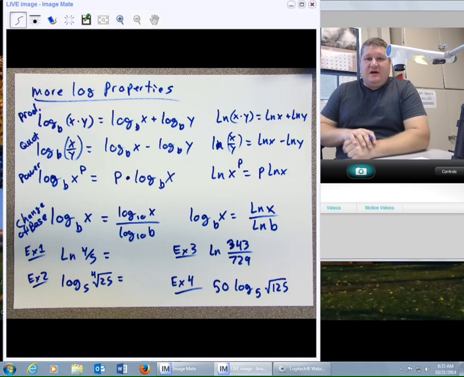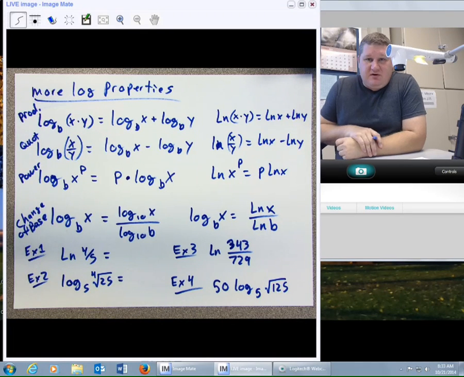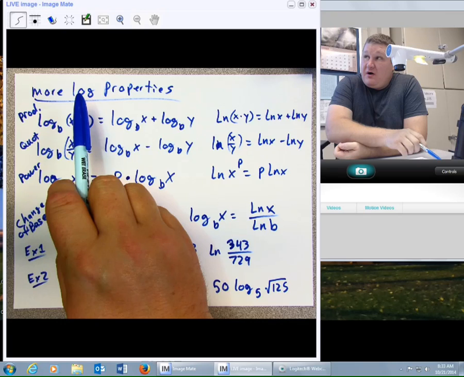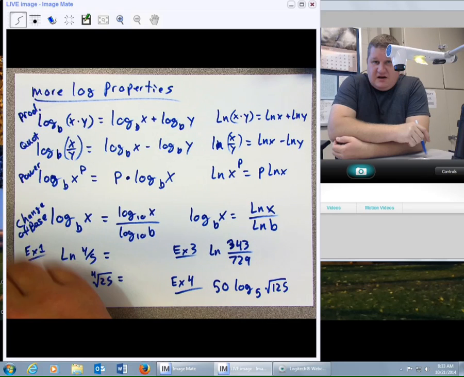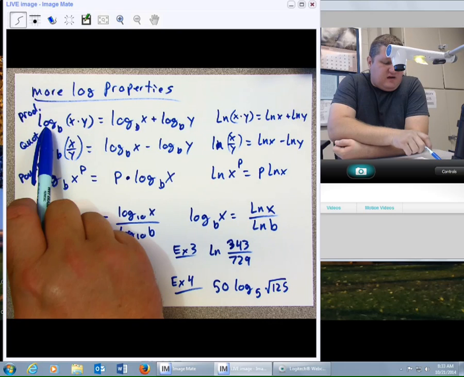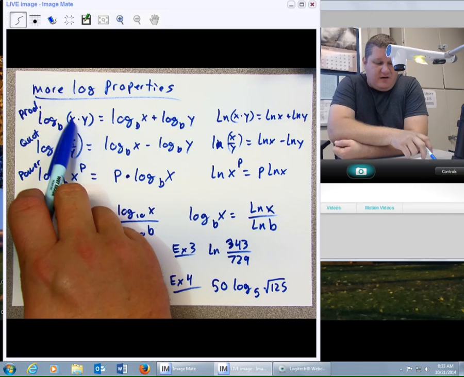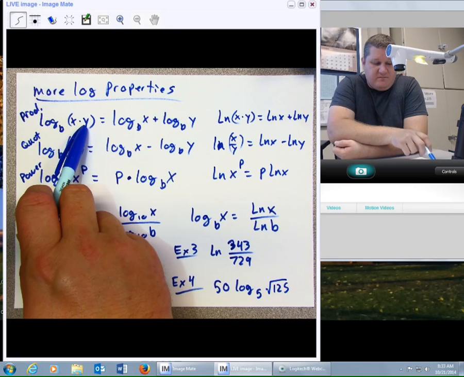Okay, ladies and gentlemen, we have yet more log properties that we need to talk about. In this case, the properties are going to get a bit more involved. In this case, if I have log base b of something times something else, that's the same thing as saying